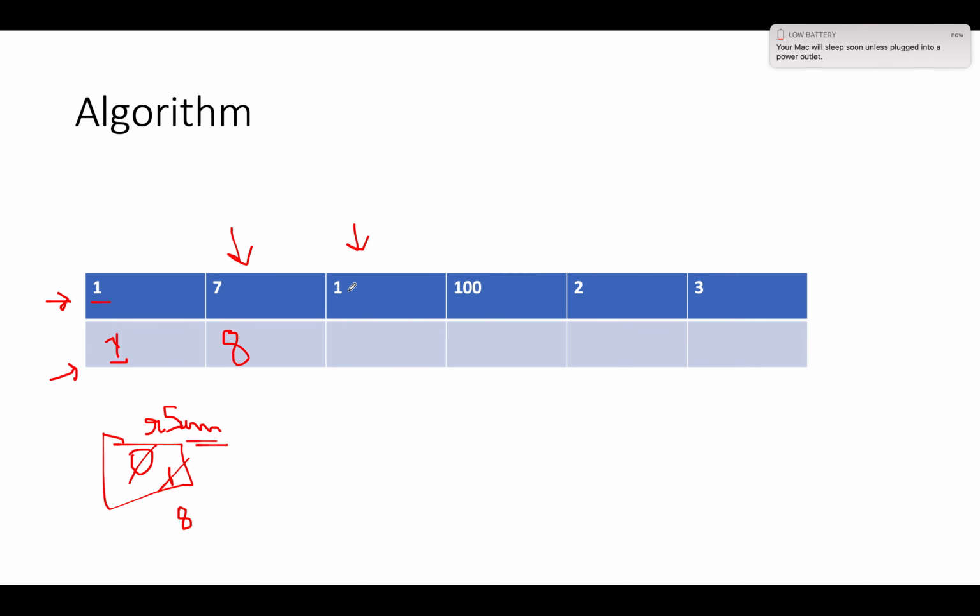We get 1 again, and we'll update the running sum by 1, so it gets 9. And once we have updated it, we will update the value at this particular index to 9. Let's move on to the next iteration. We get 100. The running sum variable will be updated to 109, and after the updation, the value at this particular index will be updated to 109. Let's move on to the next iteration.